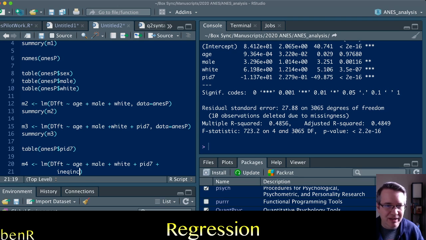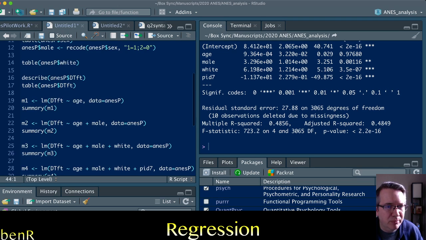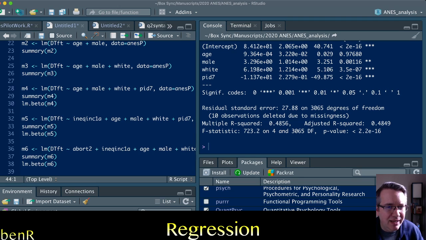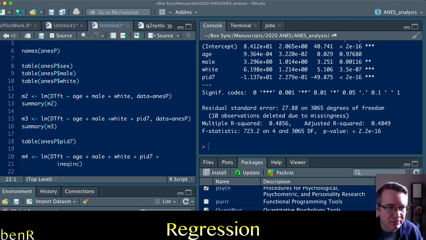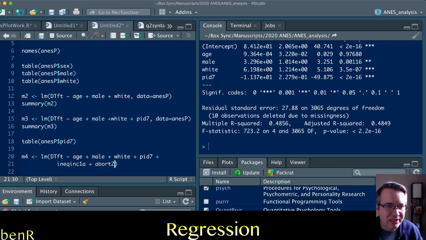But let's also add, let's see, it was income. Now I'm going to have to look at the names of this to remember them. I think I actually have them in this other window. So let's just see. It's income 1A. I'm just going to copy it. I'm not going to remember those random names. I think I was pretty close. And then it was abort 2, I think. Sometimes it autofills and tells you this is the name of it. Yep, abort 2. And then RR. Data equals party,